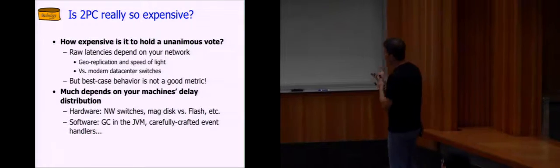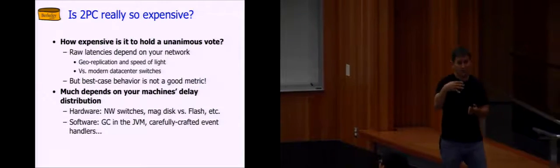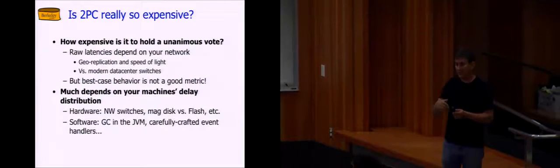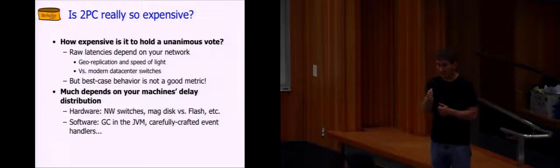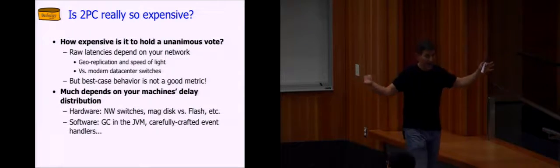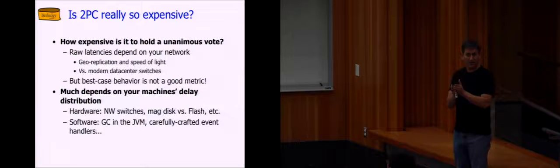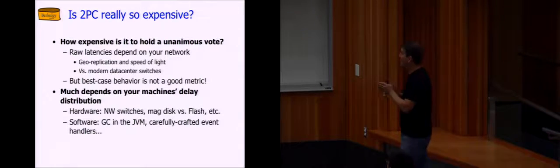So in hardware, network switches sometimes do funny things. You know very well that magnetic disks, the worst delay, right, is for a big seek. And the best delay, like sequential scan, is much, much, much faster. So the delay distribution on a magnetic disk is very wide. It's got a high variance. The delay distribution on a flash disk has a much smaller variance. And so you might want to reason about that when you think about how long will it take for something